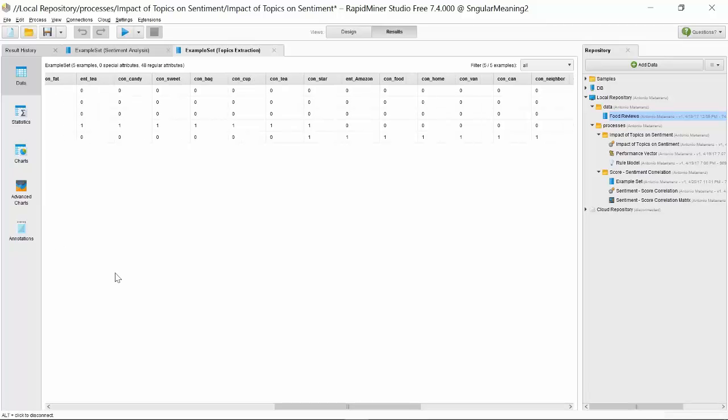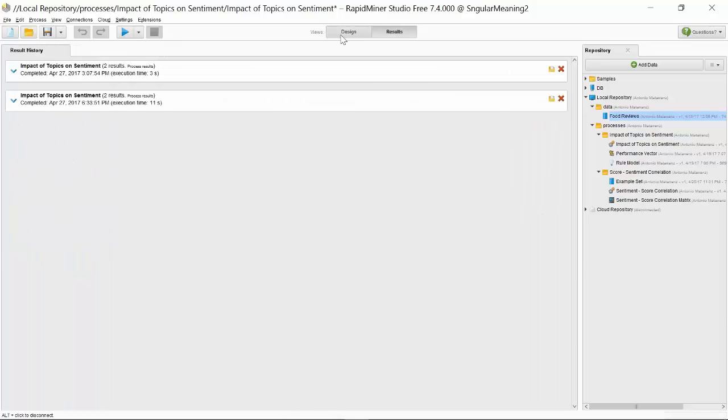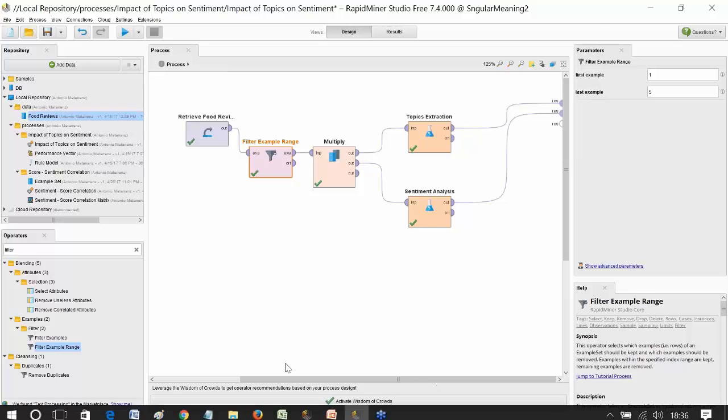So essentially, this is the result of this trivial text analytics analysis using RapidMiner. You see how easy and how powerful is the possibility to combine these text analytics operators using drag and drop in your analytics workflow. Our next step is trying to do some more interesting analysis and to answer some questions that have to do with the numeric attributes and the unstructured attributes of our data sets.